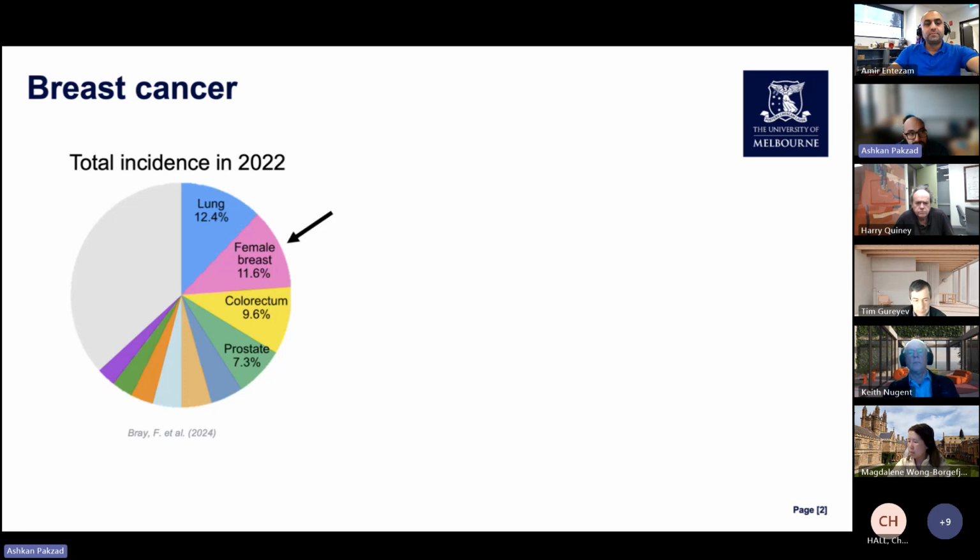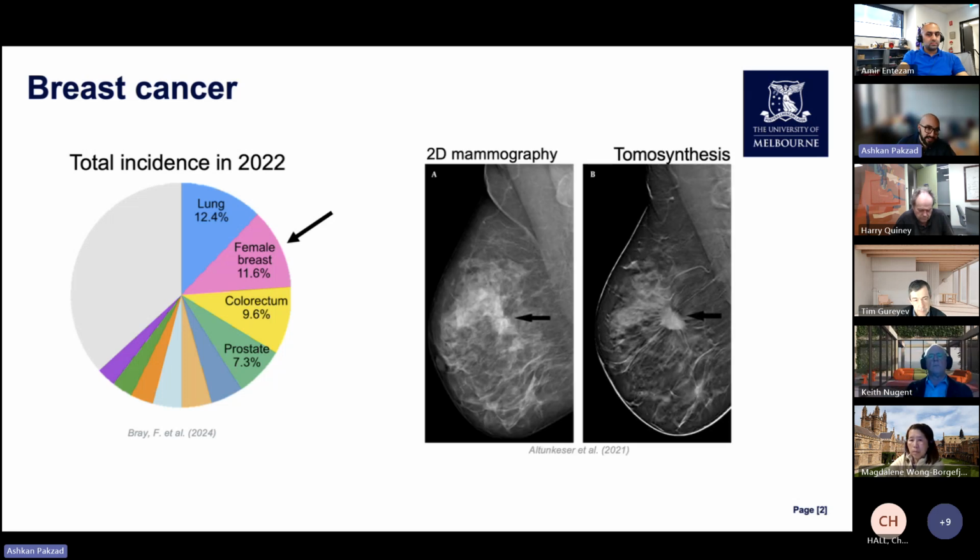So breast cancer, even across both male and female populations, has been shown to be the most frequent. And early detection is required to avoid fatal outcome. The two main stays of breast imaging, breast screening, is 2D X-ray mammography and breast tomosynthesis, where we have on the left the mammography showing how a single 2D X-ray projection is essentially taken. And on the right, we have the pseudo 3D breast tomosynthesis,